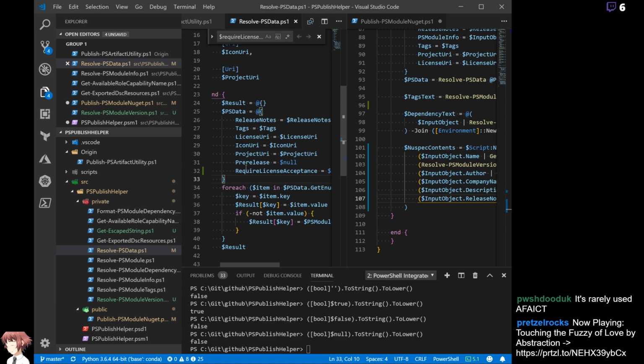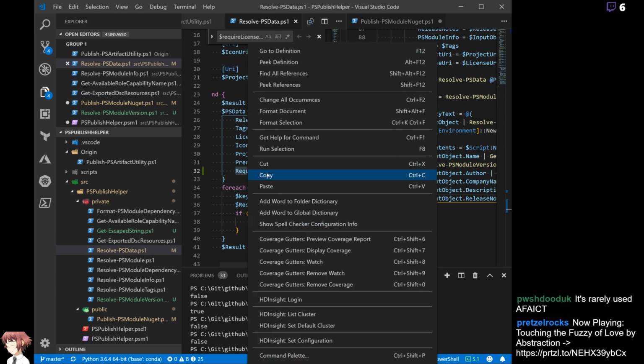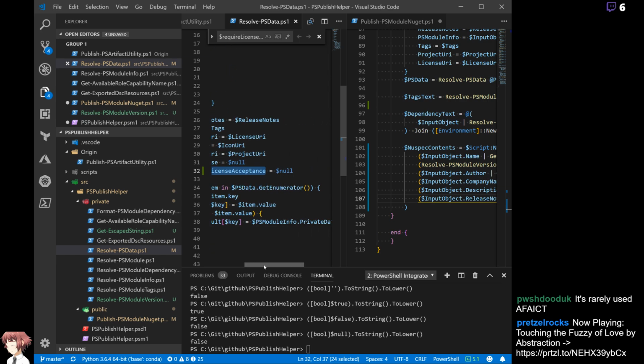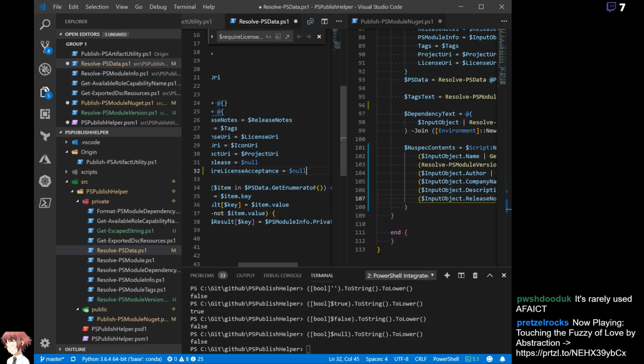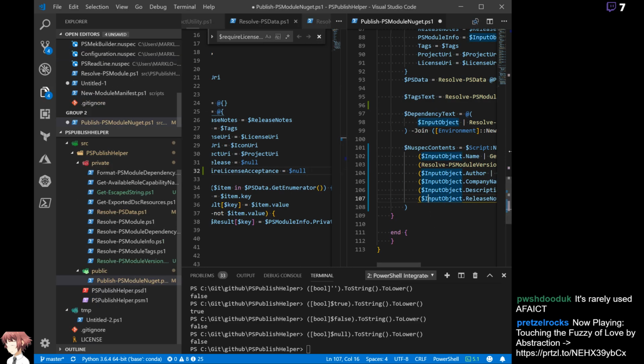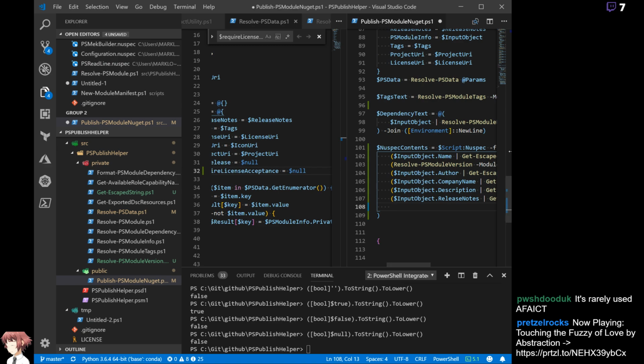All right, so this will ensure that our PS data has a... I guess I can set this as false. No, I should do it as null. Need to follow the other ones on that one. All right, so that will ensure that that's on my PS data object, and then I can do